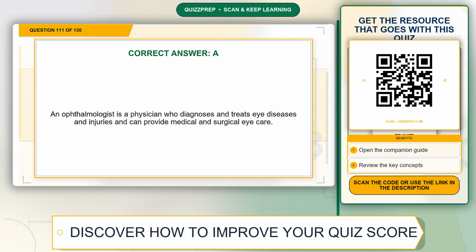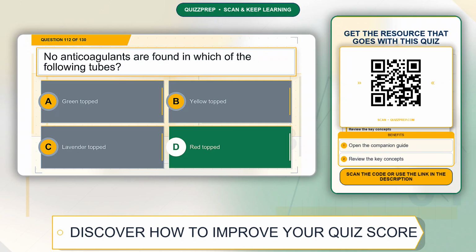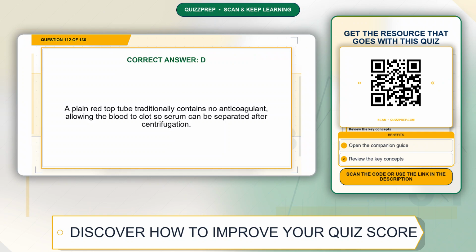eye care. Question 112. No anticoagulants are found in which of the following tubes? Option A, green-topped. Option B, yellow-topped. Option C, lavender-topped. Option D, red-topped. The correct answer is option D, red-topped. Explanation. A plain red-topped tube traditionally contains no anticoagulant, allowing the blood to clot so serum can be separated after